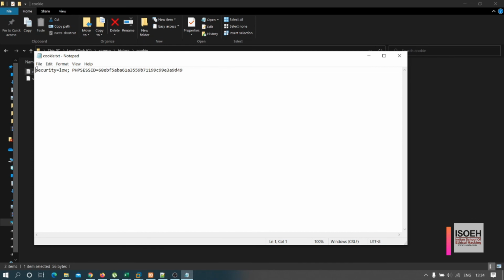If any live website has this kind of cross-site scripting vulnerability, you can do that. But one thing for a live website, you should have a static IP or a public IP address for hosting your PHP server. Because in this scenario, both systems are on the same network. For this reason, it is working. But in any live website, the site cannot reach your IP address because your IP is a private IP. For that reason, you need a public IP or you have to host this code on a public server. If you have a public facing URL or IP address, then you can do that for any live website. Okay, this is about the cookie stealing.